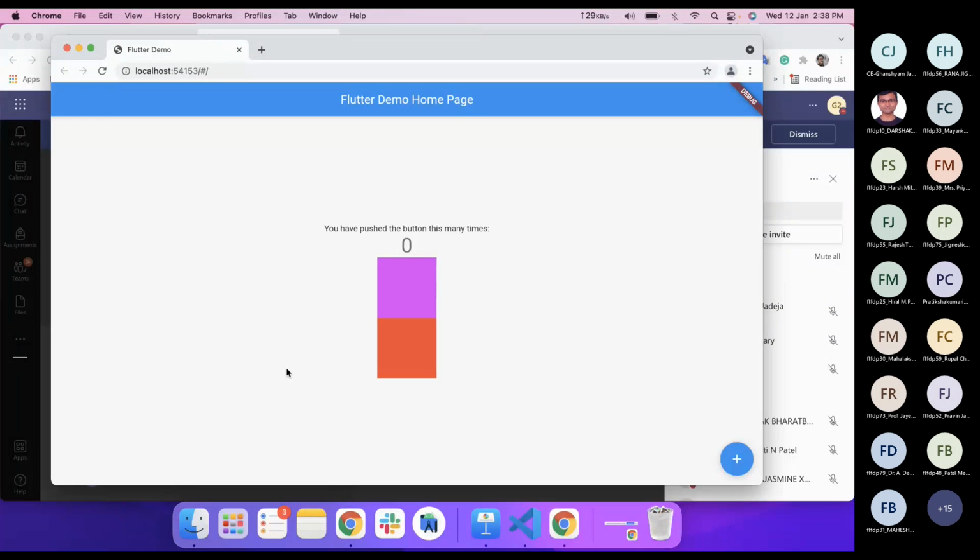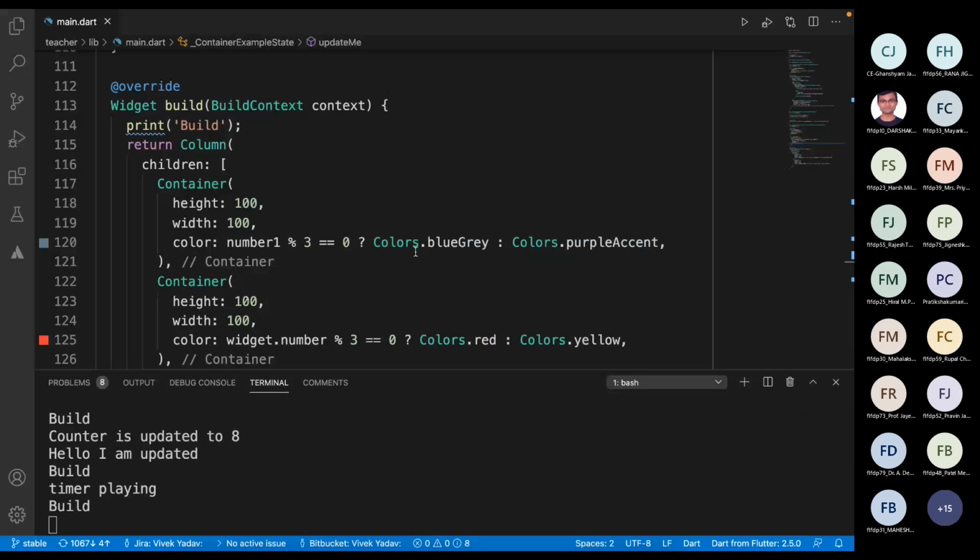Can you see that this particular block is automatically changing its color? I'm not doing anything. And as soon as I click on this one, 1, 2, 3, 4, this is changing when I am clicking, and this is changing with its own value.